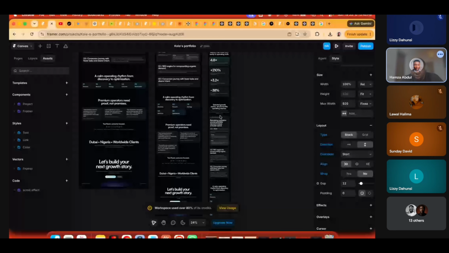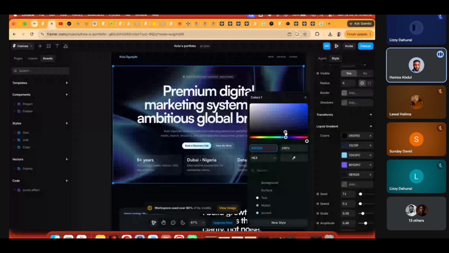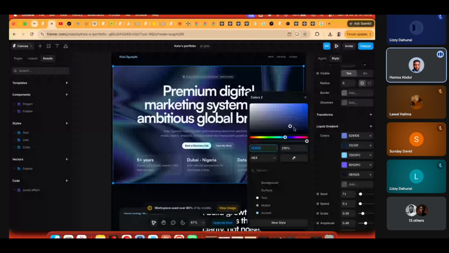They improve it over time. So you can come here and make changes. For example, this shader in the background here, you might come and edit the shaders and change the colors however you like. This was what the AI chose. This shader is just a graphical element to make your design better.